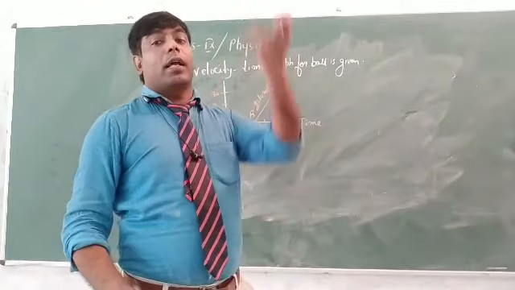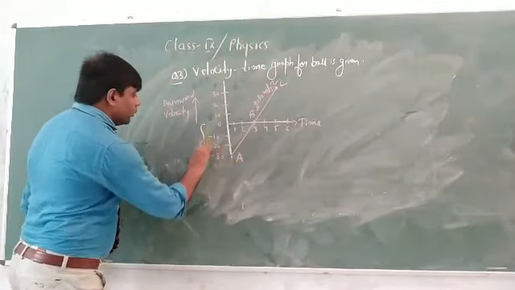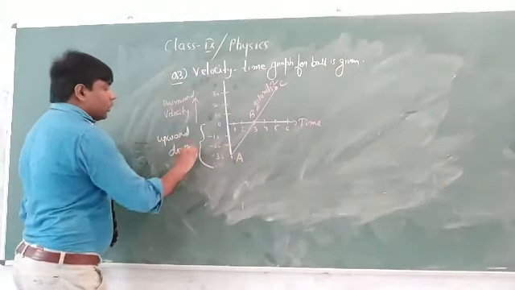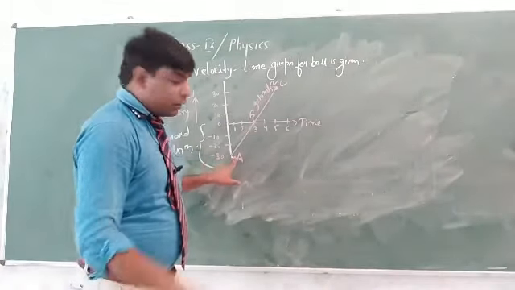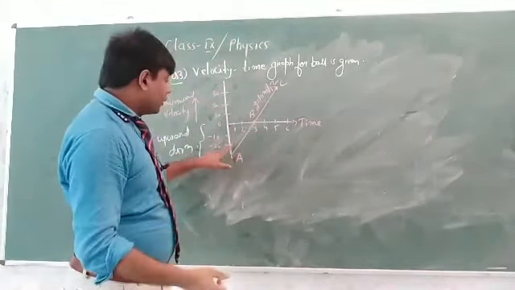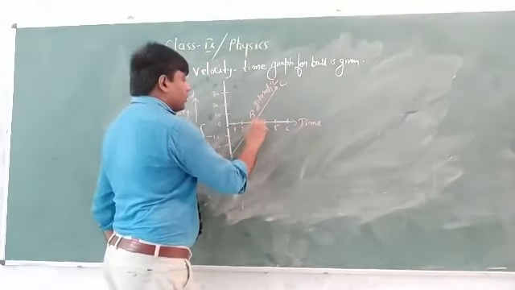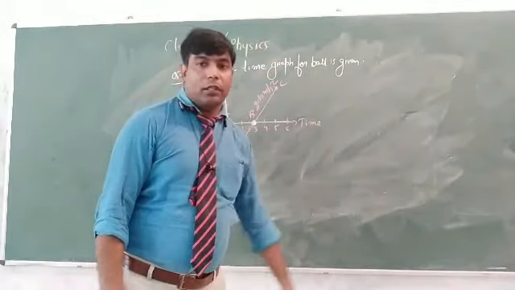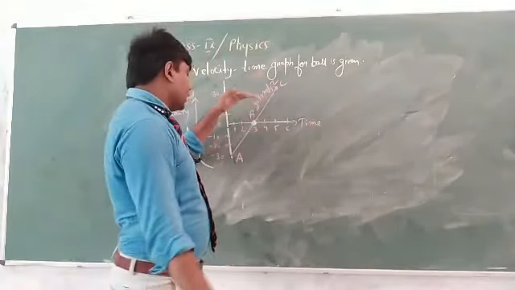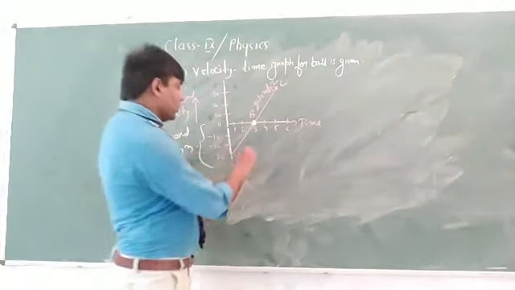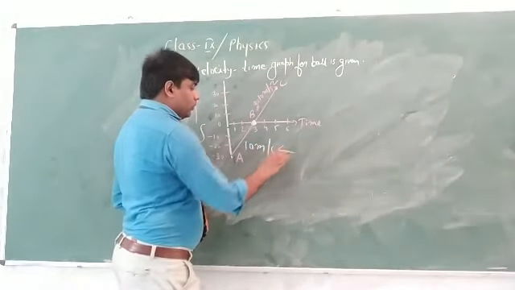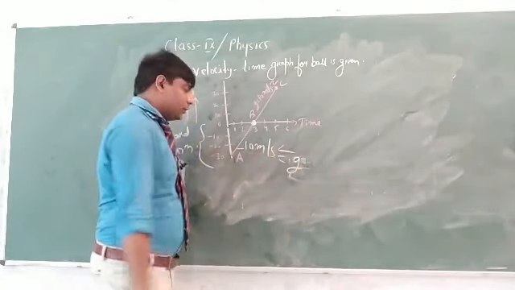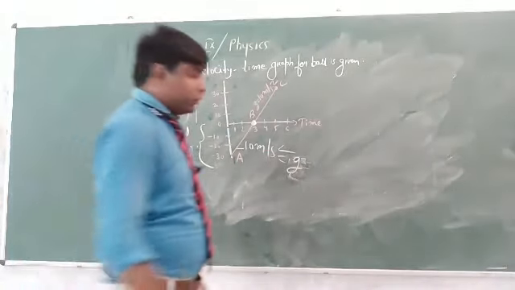Also, velocity for upward direction is negative. Initial velocity will be greater. As it goes up and up, its velocity will go on reducing. At this point, it will become 0. This is the acceleration. Acceleration will be 10 meter per second square, positive during downward direction, and negative 10 meter per second square otherwise. It will be minus g, or you can write g equal to minus. Right? Now what are the questions asked?